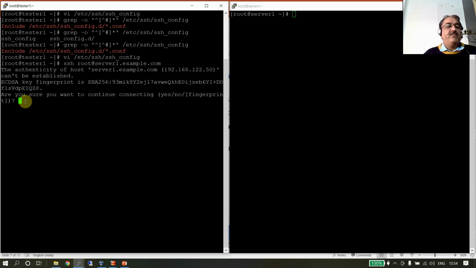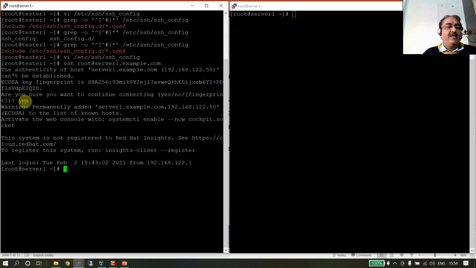When you connect for the first time, you get this message. So you have to type yes, and then you are connected and working on server1. So that's how you can connect. And this is working without any password because I might have transferred the keys, the private public key pair. So let me see the private public key and remove that .ssh folder, and then I will try again.